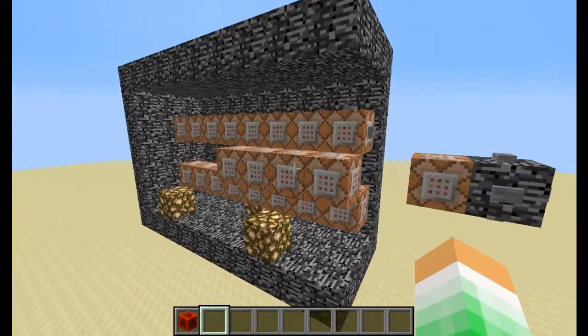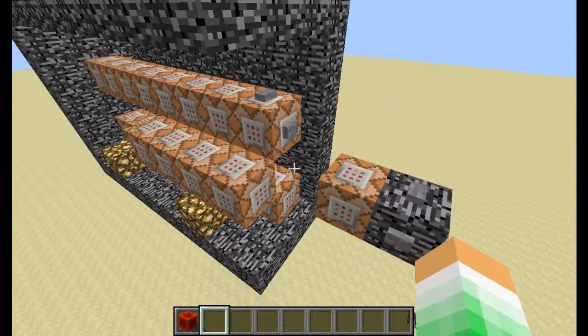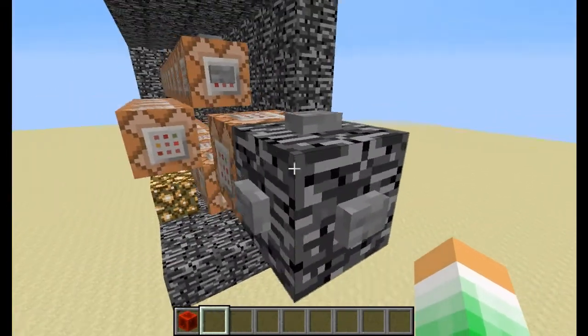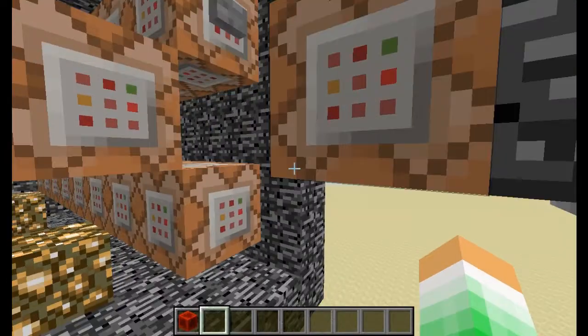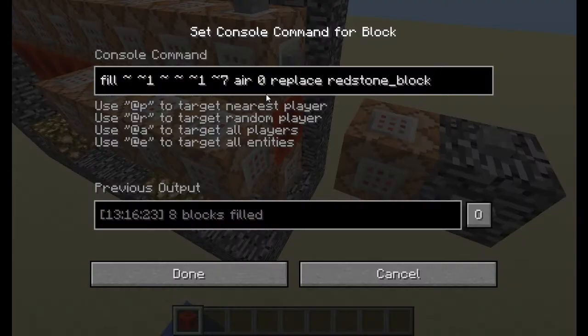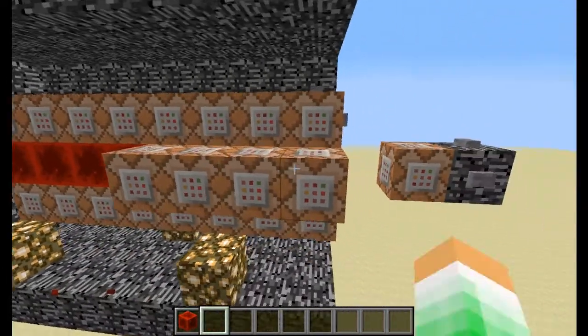Hello everyone, this is an explanation video of my latest creation, the hydration game mode I made in vanilla Minecraft. So let's start off with this button here. When you activate the system, this command block sets this block into a redstone block. It does this, and it activates these two fill commands, which creates a fill clock and activates all these